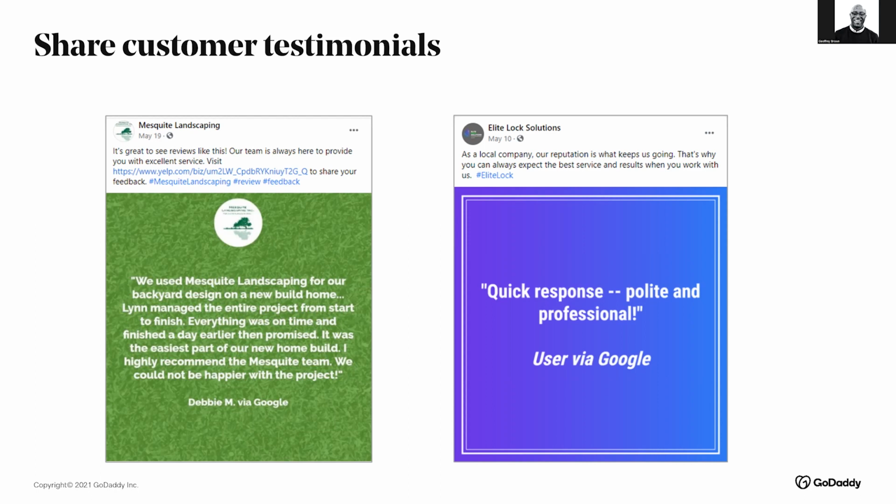And this can continue from those holiday sales, those great customer experiences that you have, into the new year, and continue bringing more customers through your door as the year continues on. So capturing those reviews, responding to them, sharing them throughout the year, that's really essential to keeping those sales going.